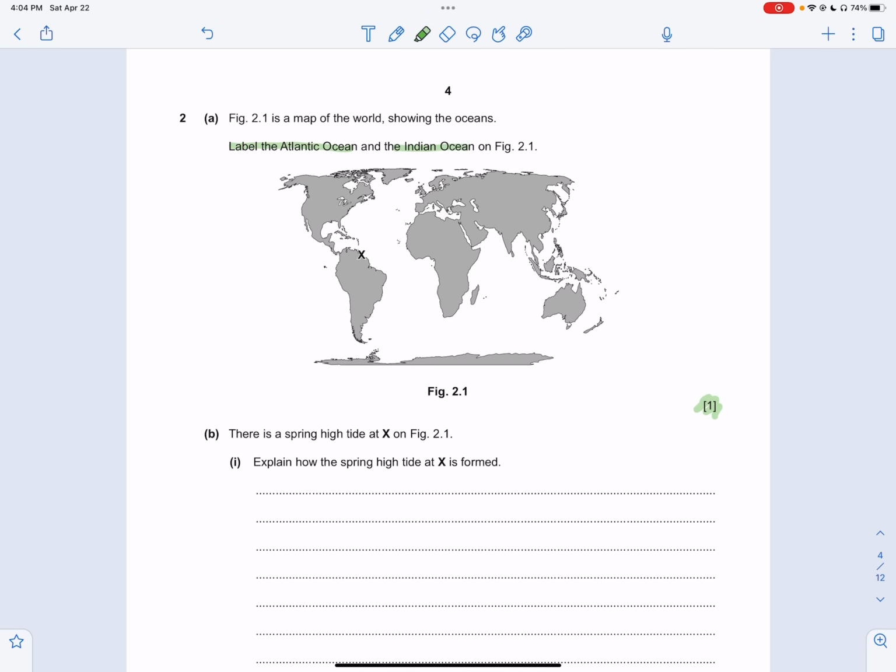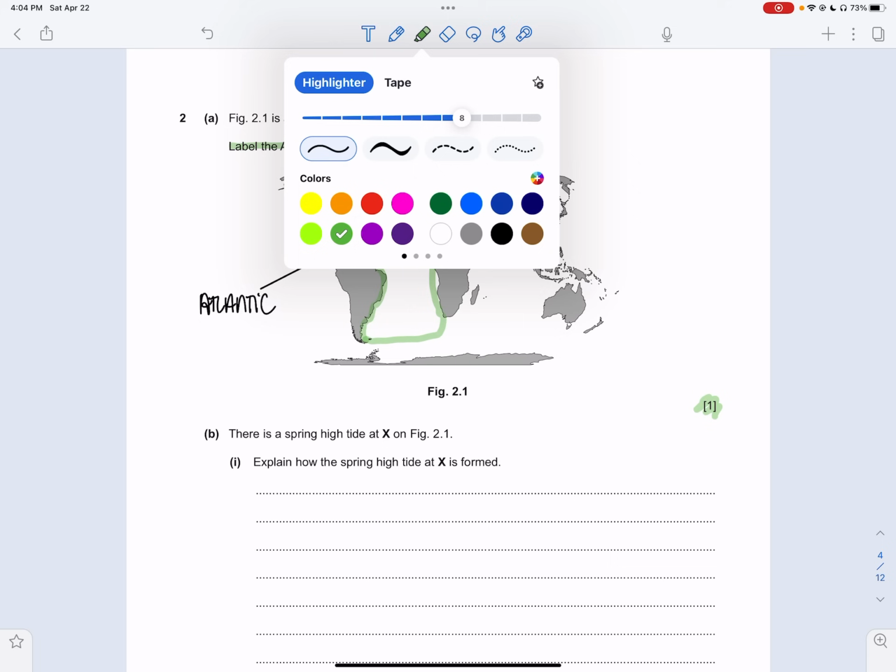All right, so I'll show you where the Atlantic Ocean needs to be within this range. So all the way down here, the tip of Patagonia. Okay, and then right there. So here you can put the Atlantic Ocean. You can do a line that connects it, Atlantic. So you wouldn't necessarily color it in. It's not proper testing to use color on it. But you don't necessarily have to do its boundary. You just need to label one area, like within this boundary that I just did. The Indian Ocean